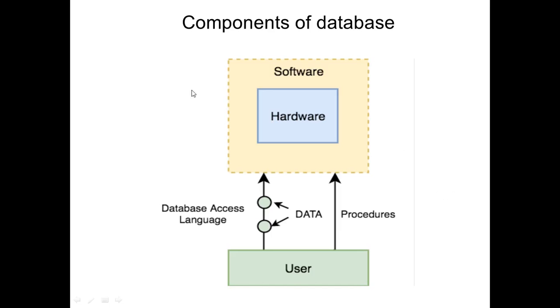Now we will see the first one, that is hardware. What is it? These are the physical electronic devices such as computer, input output devices, storage devices, etc., which are basically used for providing the interface between the computer and the real world system. For example, suppose we are going to install Oracle on our computer, then whatever PC we are using, whatever keyboard is there, what is the size of that hard disk, what is the RAM, that will be considered as the hardware part. Then the second component is software.